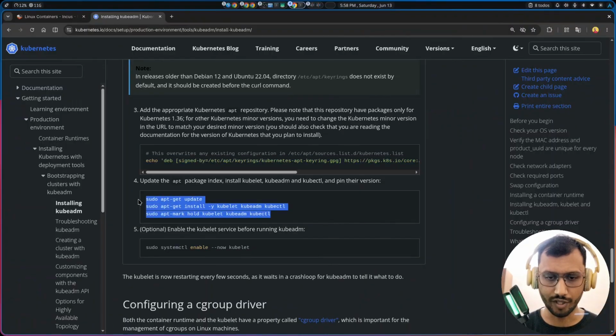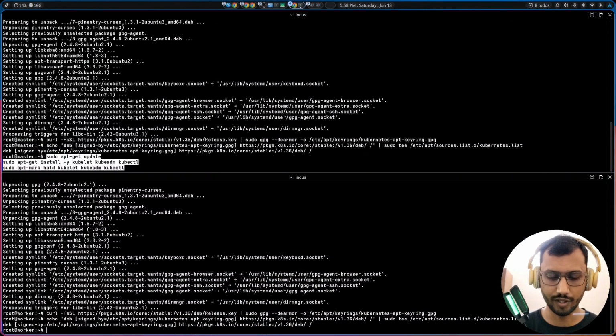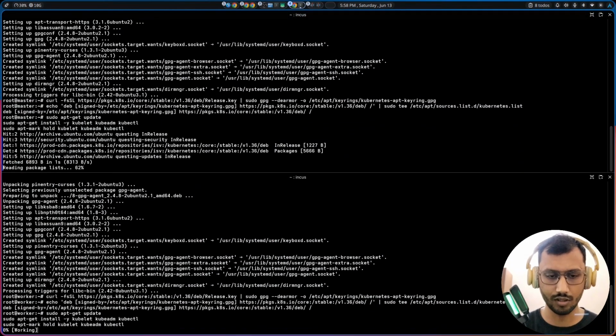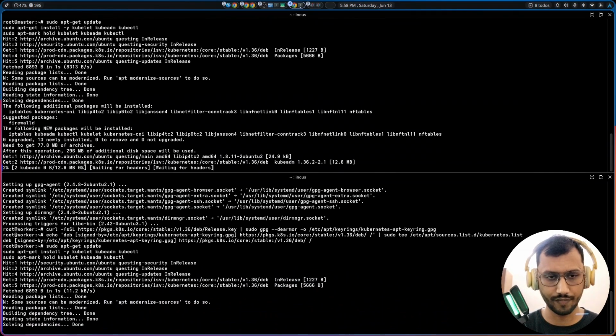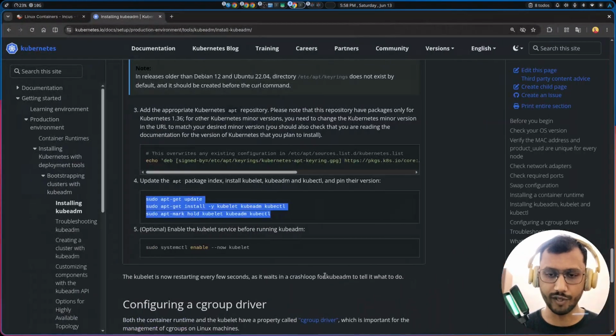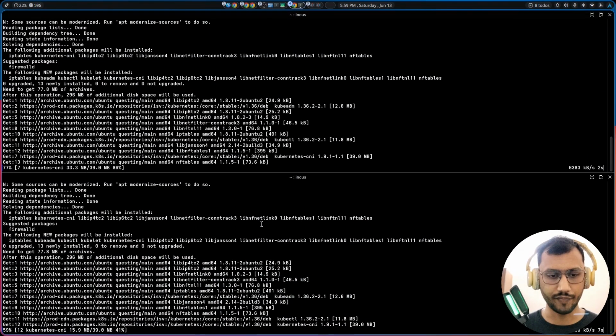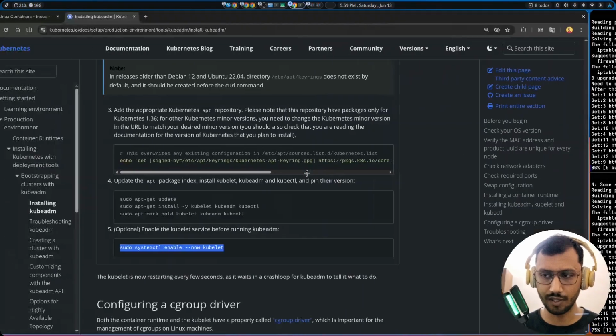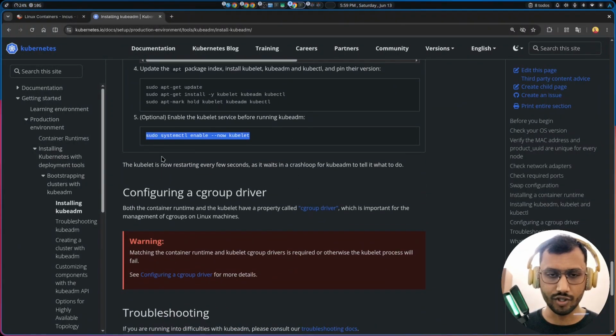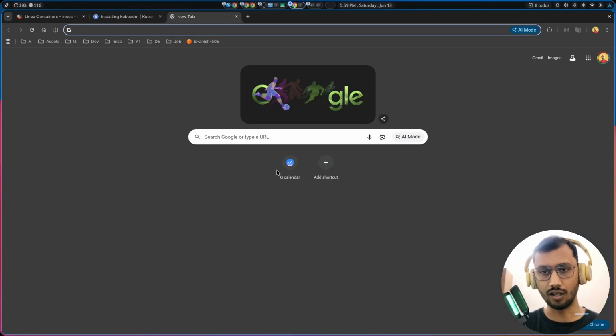Now we should be able to install the dependencies. Install. Yeah, in a few minutes it will be done. Then we can enable kubelet on both of them. It's going to take a bit, but let it do its thing. Now, after installing all of these, there is a pretty simple command that we will run and it will start our cluster. So along with the cluster, we also need a